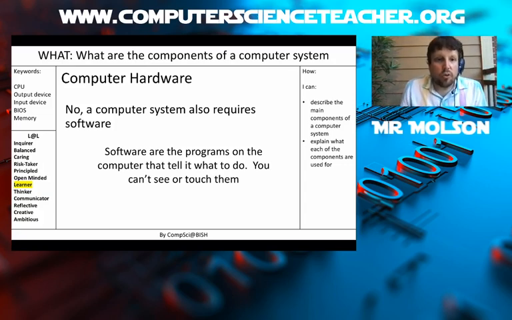Now what I want you to think about, as these units progress, is that there is one piece of software which all computer systems have in common. It might be made by different people, but there is one piece of software that every computer system has. Whether it's your phone, your washing machine, your iPad, your desktop computer, your laptop computer, there's one piece of software that they all contain. I want you to think about, can you work out what that piece of software is? Now I'm not going to give you a minute for that. You can just think about that